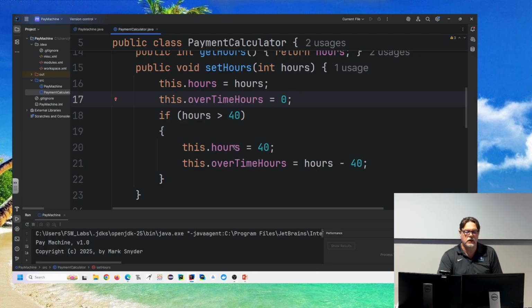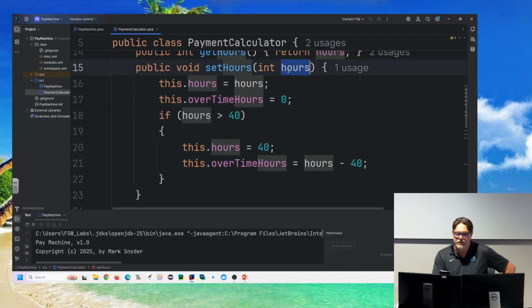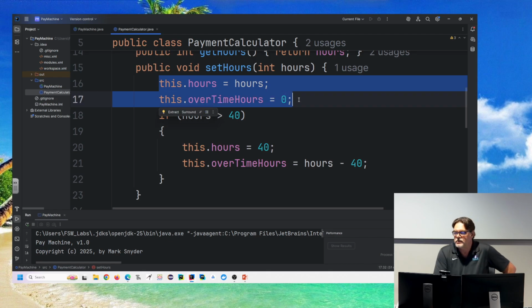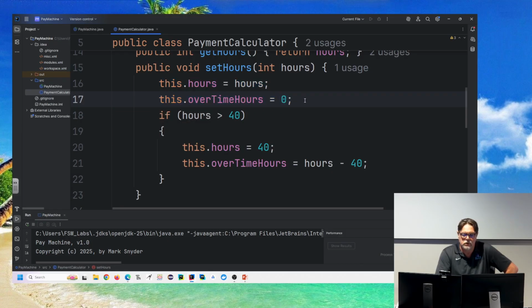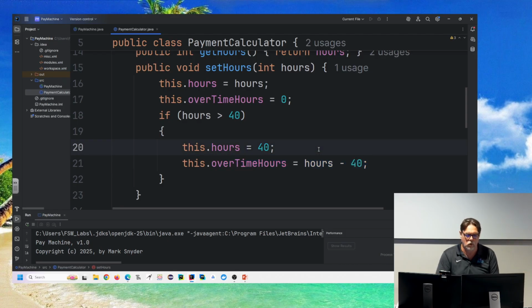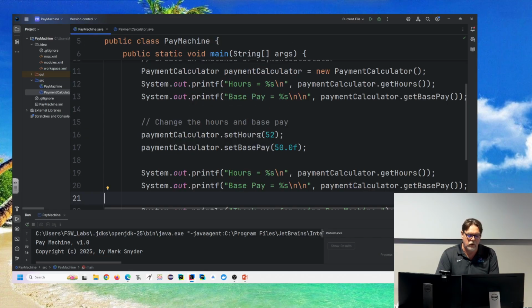Anybody have an issue with that? If I do something obviously wrong? So you pass in 52. Well, I'm going to assume that you passed in something less than or equal to 40, and I'm just going to set those values. But then I'm going to say, well, if you pass in something over 40, let me change them to the correct value, which is setting the regular hours to 40 and the overtime hours to whatever was above 40. So now, if I set the hours to 52,